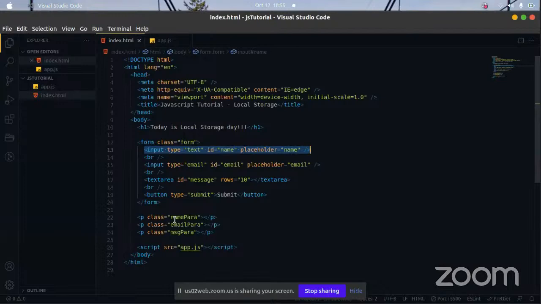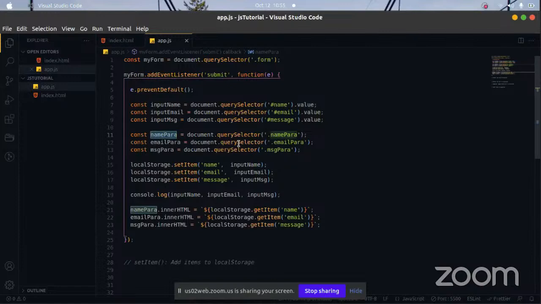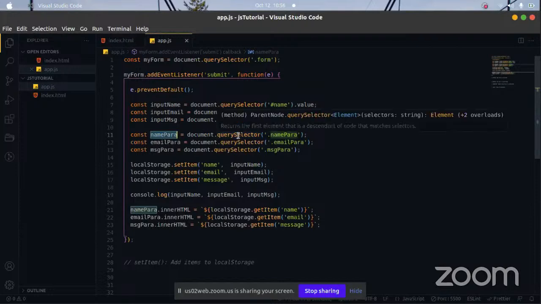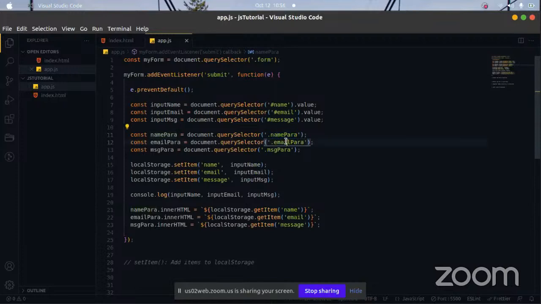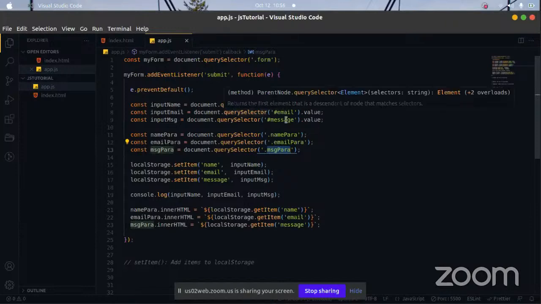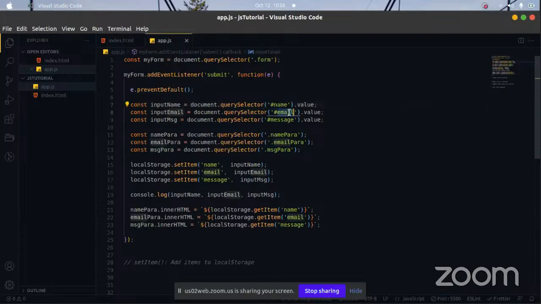I called this name para, email para, MSG para, just random name conventions. And then I said, grab the elements with the class of this, which is what I just did here. And like I did at the top, I said grab the input elements with the ID of name, email, and message,